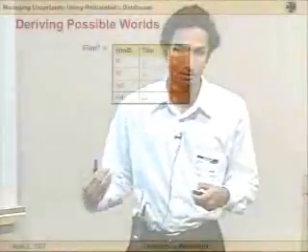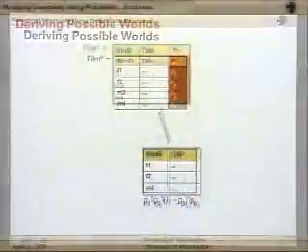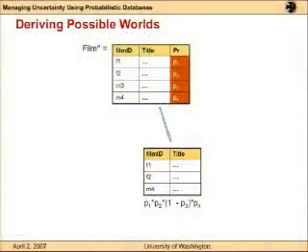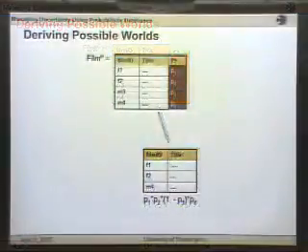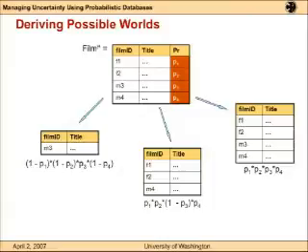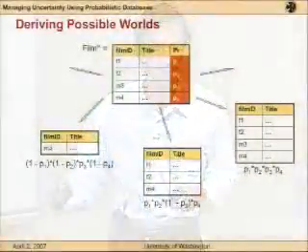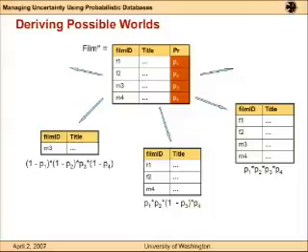Given such a database, you can generate all possible worlds, and this is how you do it. I'm looking at a single table. Every subset of this table is a possible world, and you can derive the probability from the input probabilities. In this subset, P1, P2 are there, and P4 is there. So its probability is P1 times P2 times (1 minus P3), because P3 is not there, times P4, and you can get a probability for each possible world. That defines a possible world database from the tuple independent database. And given that, all the queries have a well-defined semantics.